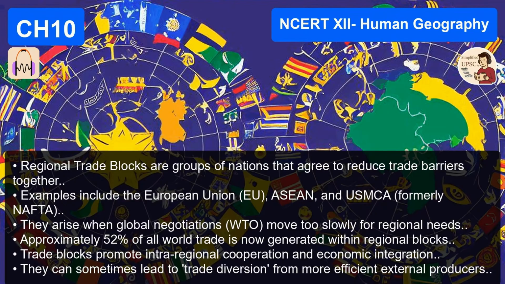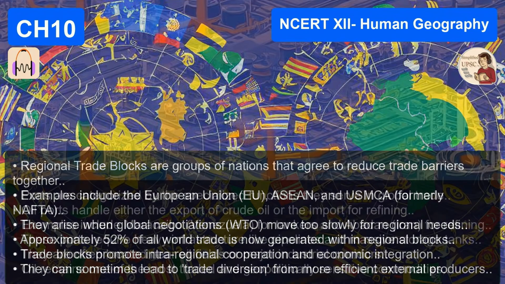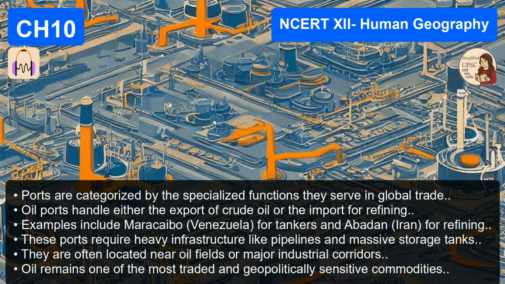And what are outports? These are like the satellite parking lots for the main port. As ships got bigger and bigger, supertankers and huge container ships are massive, the old, historic parent ports in city centers became too shallow or too congested to handle them. So they had to build a new facility. Exactly. You build a deep water port nearby, away from the city, to handle the big boys. The text gives the example of Athens in Greece as the parent port and its outport, Piraeus, which handles the